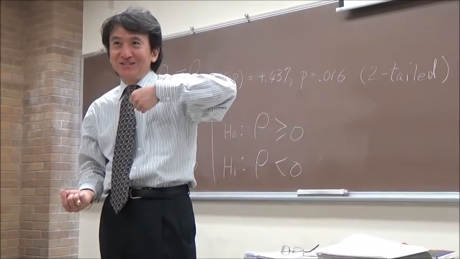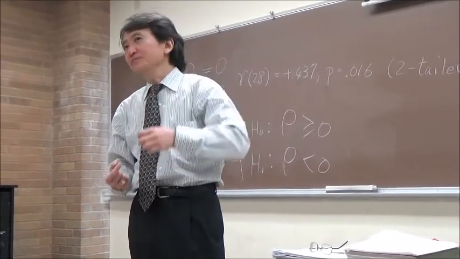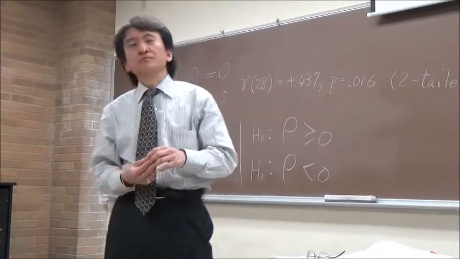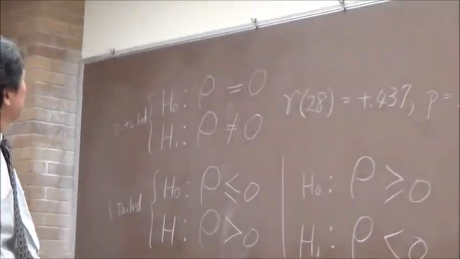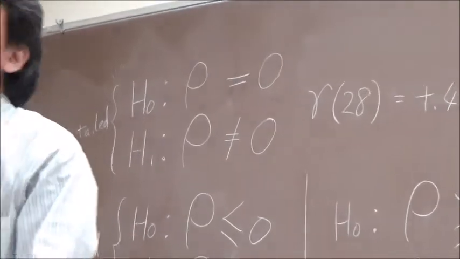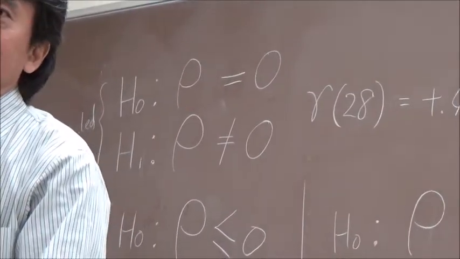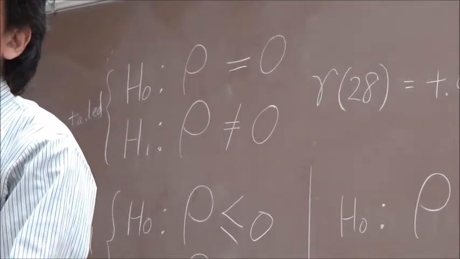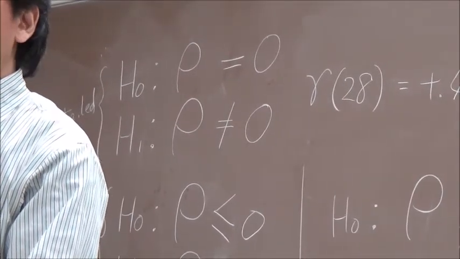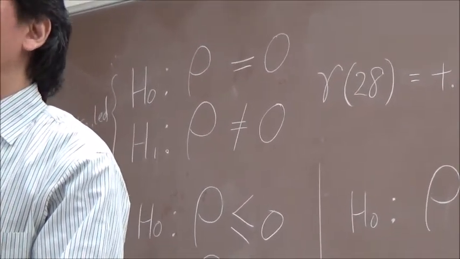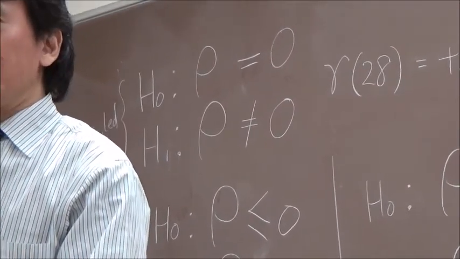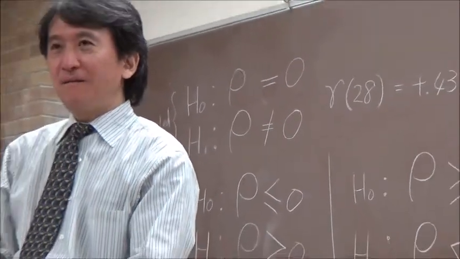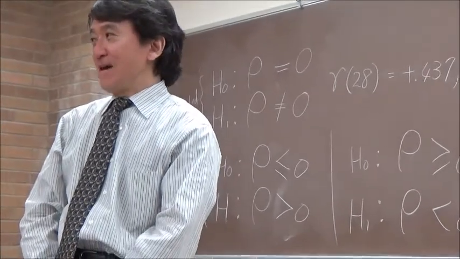Not quite. I was asking about the way you write the hypothesis. Since the top one doesn't have the slash and the not equal, would the verbalization of the top one be correlation exists, or would it be no correlation? There is no correlation between X and Y. And then the other one will be there is a correlation. Does it make sense? Okay.